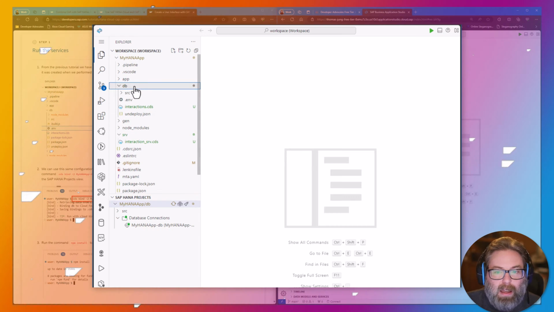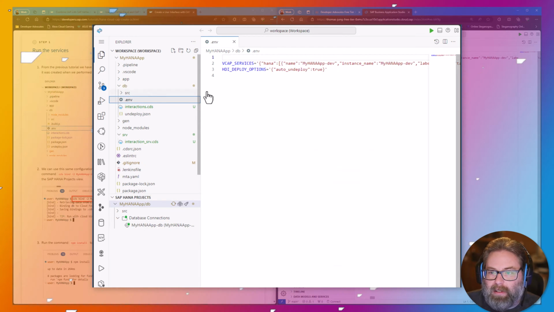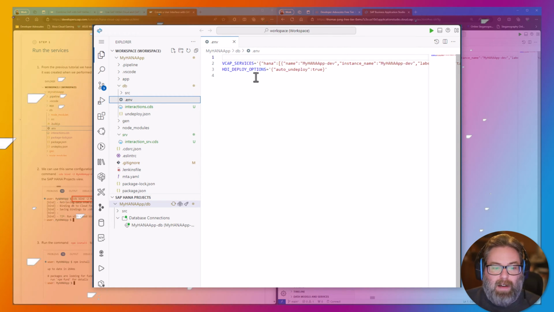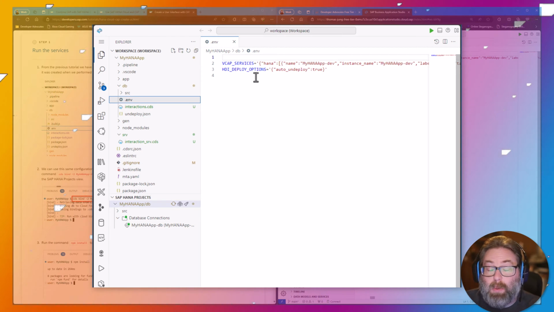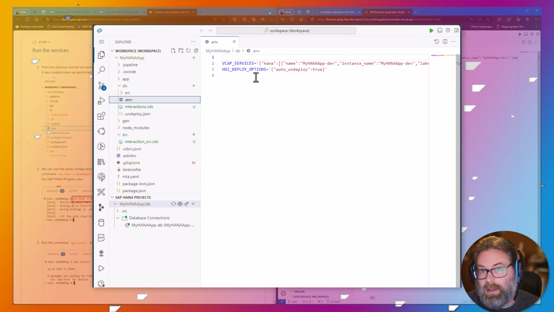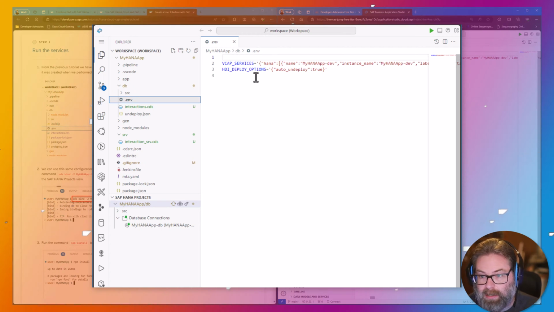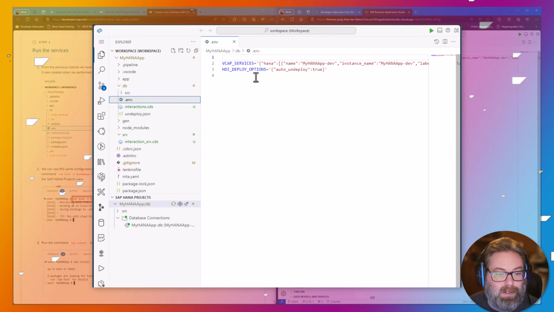Now, when we originally looked at this, when we did the bind to connect our database module to the HANA database, it wrote a little env file out. This .env file is where the project stores the configuration of how to connect to the remote HANA database. Where's the URL for the remote HANA database? What schema or HDI container is it targeting? What username, password, certificate, things like that should it use to connect to the HANA database?